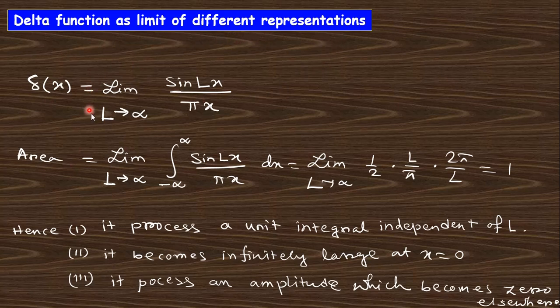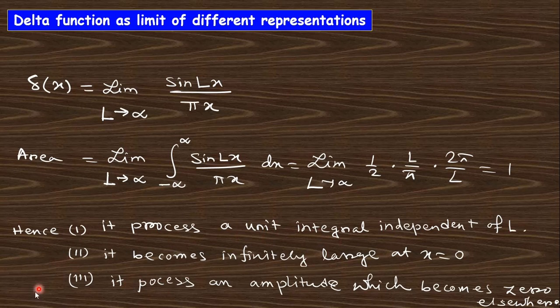Actually, the delta function can also be represented as sin(Lx) by pi x, limit L tends to infinity. This can be represented as a delta function. Why? Because this formula follows these three properties, where the area can be calculated as L tends to infinity, from minus infinity to plus infinity of this function, and if you calculate this it will give you 1, and you know the area under the Dirac delta function will be 1, and this process gives a unit integral of L, it becomes infinitely charged at x equal